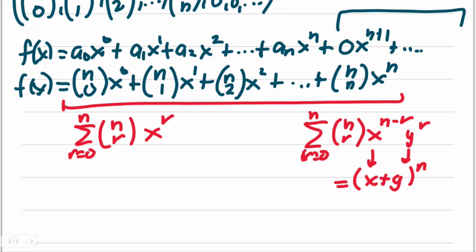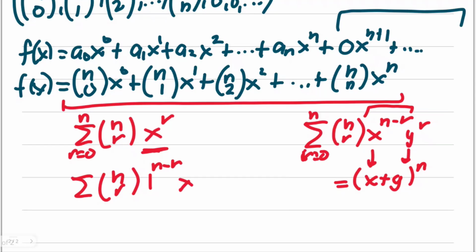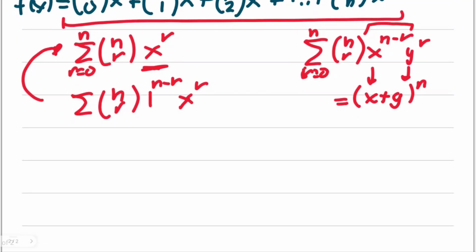But this time it is x that is raised to r, and we don't have this n minus r here. Or you can actually apply here an inclusion of another term: n combination r, you will have 1 to the power of n minus r, x to the power of r, and whatever the value of the exponent, 1 will still be equal to 1. Hence, it's just equal to one another. This means, when r equals 0 to n, this is our first term of the binomial expansion. This is the second term.